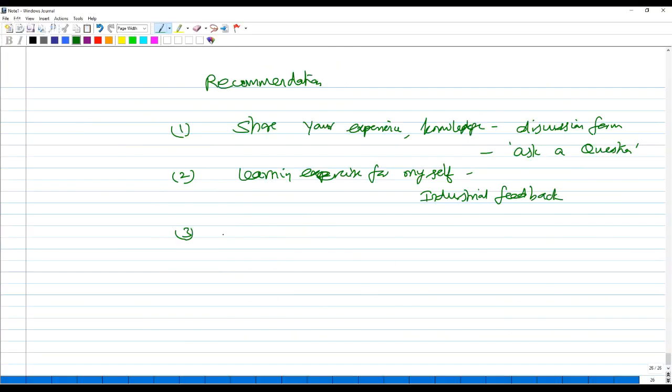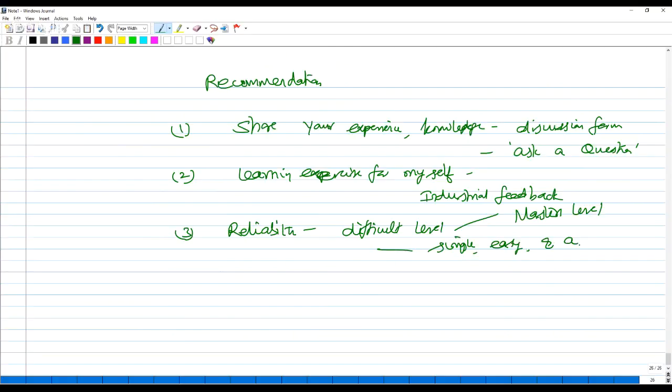Further, reliability as a course is generally a difficult level course. It is offered at master's level in engineering. I want to make it simple, easy, and affordable technically to all engineering students. So that is the motivation why IIT Madras at NPTEL is offering this particular course for the benefit of the viewers. I sincerely thank the NPTEL administration